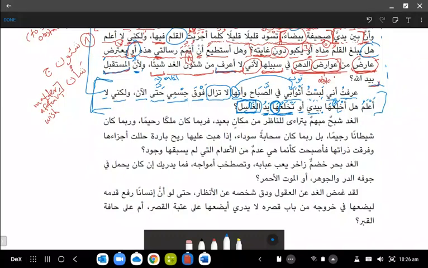Good question. Body parts that are dual will be considered feminine. Like feet is feminine, hands is feminine, right? Eyes, they're feminine, ears are feminine. But head, for example, you only have one head. Ras will be masculine. Yeah. So dual body parts are treated or considered as singular feminine grammatically.